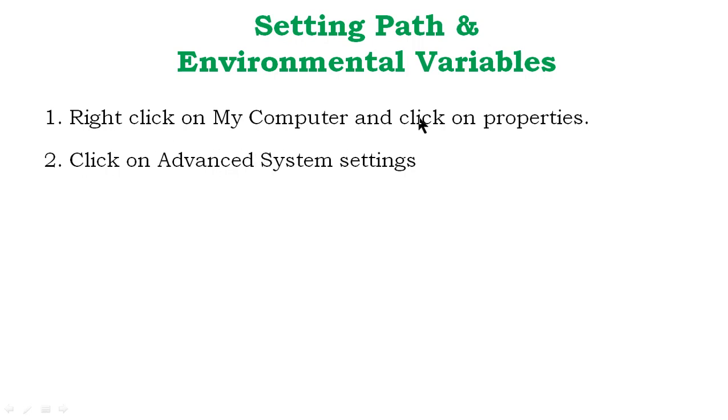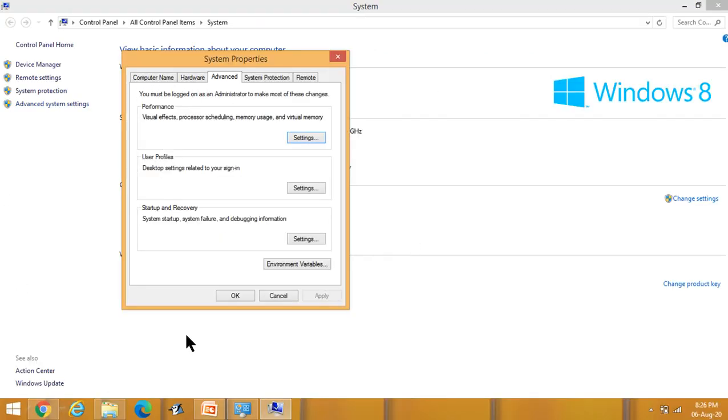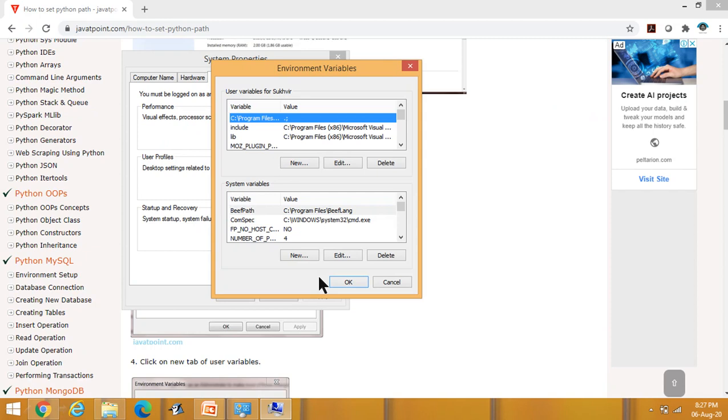Right click on my computer and click on properties. Click on advanced system settings. You can see this window. Then in advanced system settings, you have to click on environment variables. After clicking on environment variables, the screen is like this. Now you have to click on new.